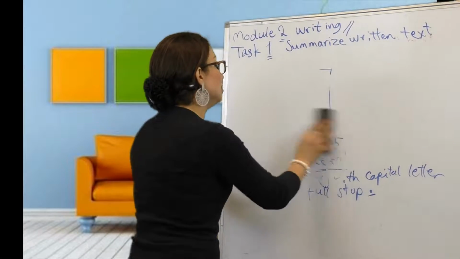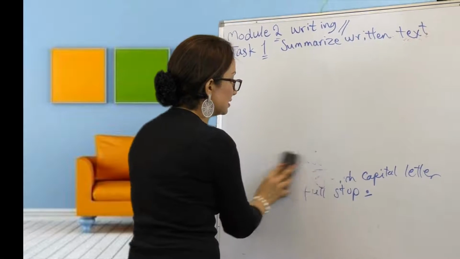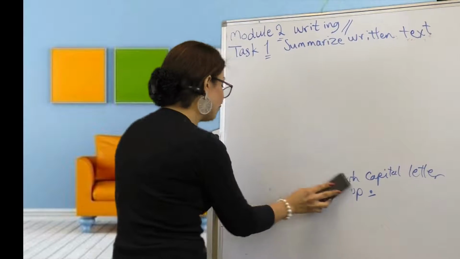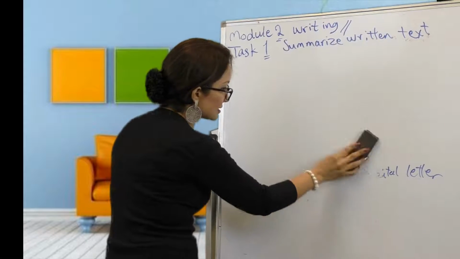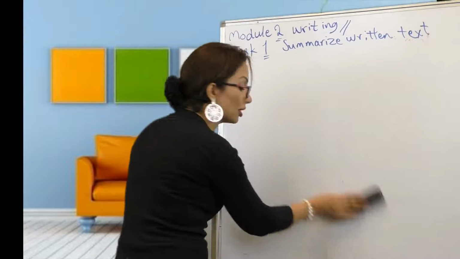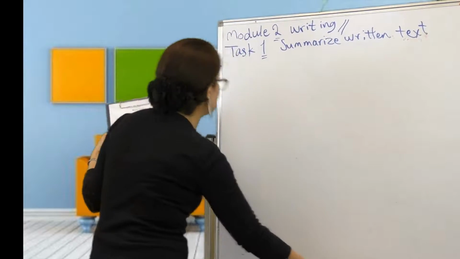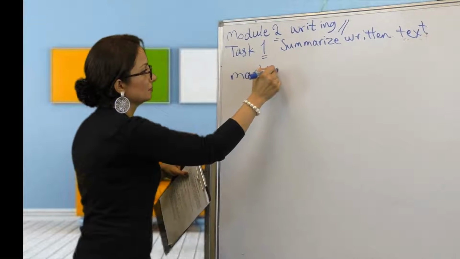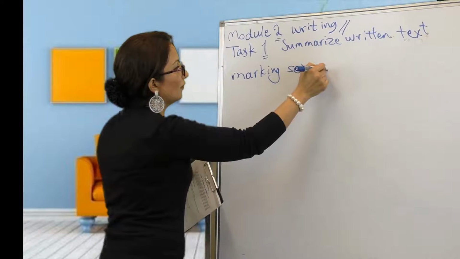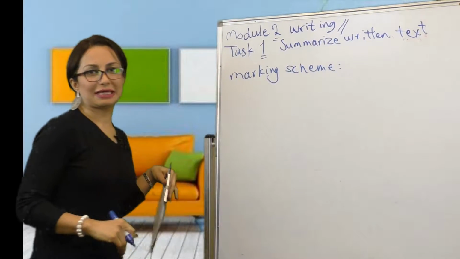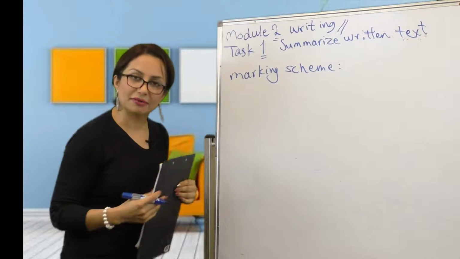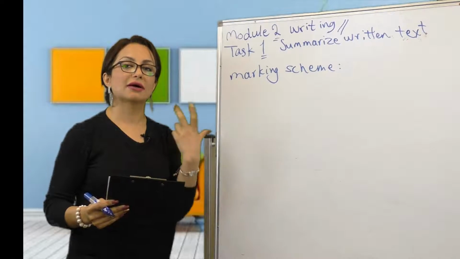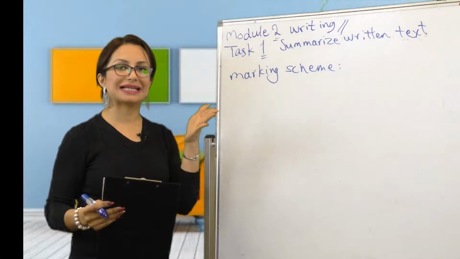Okay, now we're going to go a bit deeper and go through the marking of the task. As you know, marking of PTE tasks is quite different from other tests. In fact, each test has a unique marking scheme and PTE is of course one of them. So, marking scheme of summarized written text. The summary that you produce out of the text is marked and assessed